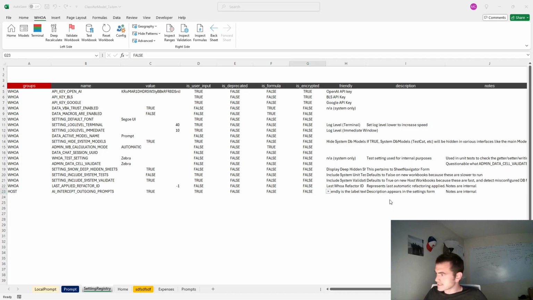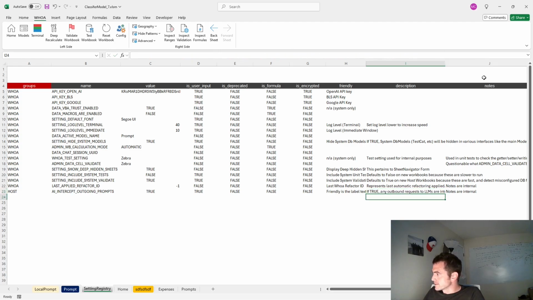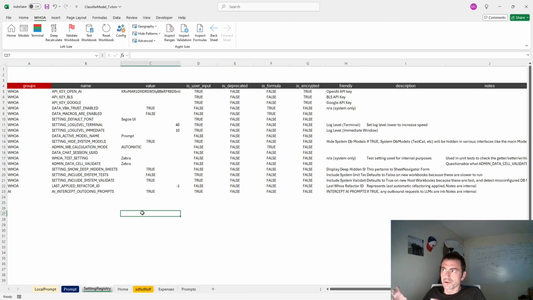For our description text, I have some stuff here. If true, any outbound requests are intercepted. That'll just show up in the form. And for friendly, friendly is just like a shorter name that will appear in the settings form. Lastly, these are all in the group Whoa because they came with your workbook. These settings, the add-in uses most of them. But I'm going to make this group called AI, and then any settings we put in the AI group, we can basically load a form, and all we have to do is give it the group name AI, and it will